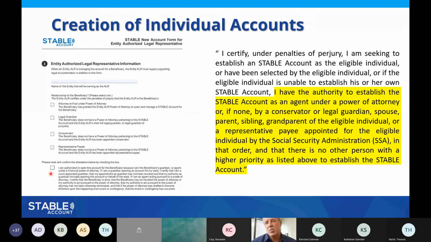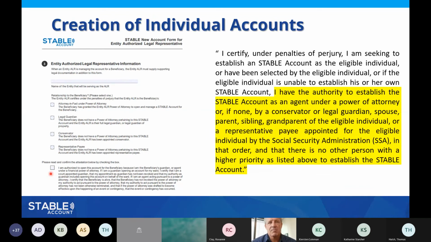You may have a situation where you're a representative payee, which you will notice, by the way, is the very last one on the list, at a company or an organization or an entity that's managing accounts for many people. And you may know that this person is a young adult. Let's use this as an example. They're not married, so they have no spouse.